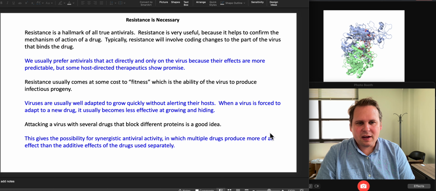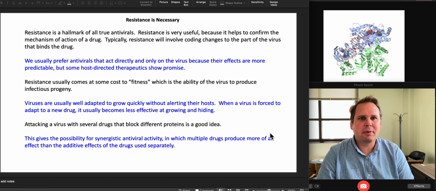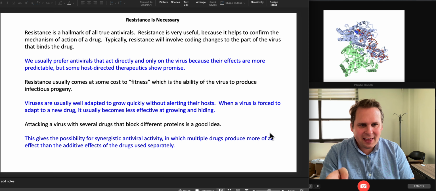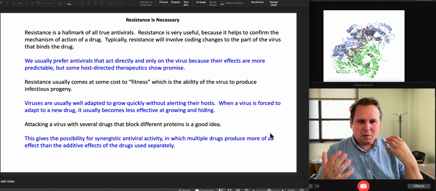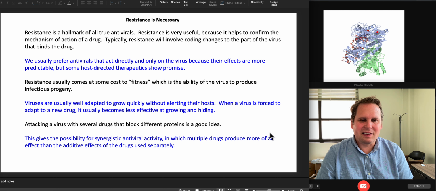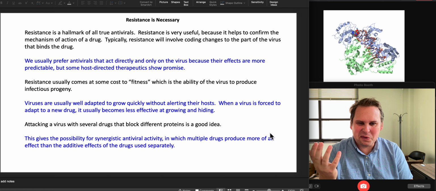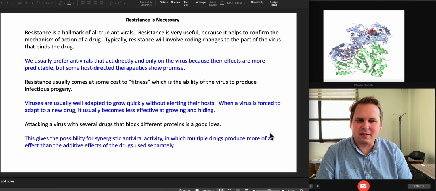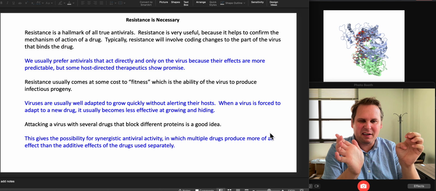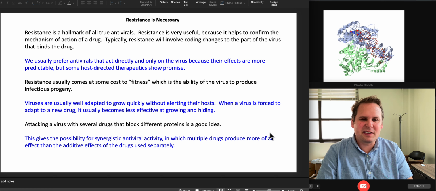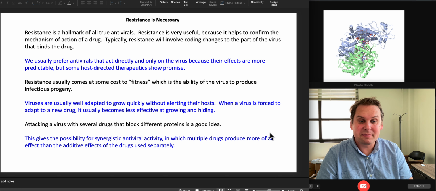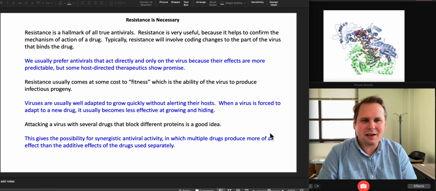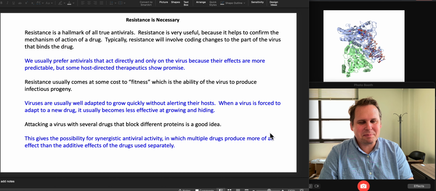And so if your drug is specific in that it binds some part of the virus directly and inhibits the action of that part of the virus, then there will be some change that the virus can make that'll allow it to work just a little bit, grow just a little bit, and will make the antiviral not bind as well. It'll just change the shape of something so that the antiviral only kind of sticks and the virus still kind of works. Some kind of compromise like that. That's resistance, but the place where resistance happens tells you where your antiviral is binding.